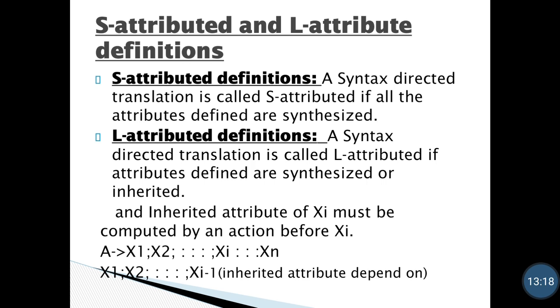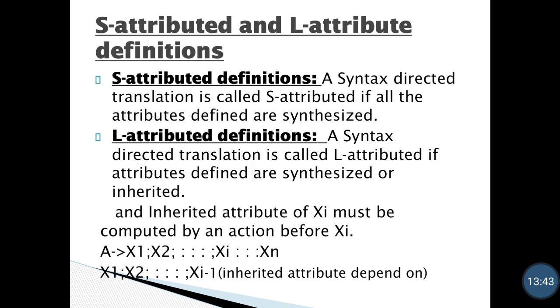In L attributed definition, a syntax directed translation is called L attributed if the attributes defined are synthesized or inherited both. But for every inherited attribute, we will compute value from the left side of the attribute.